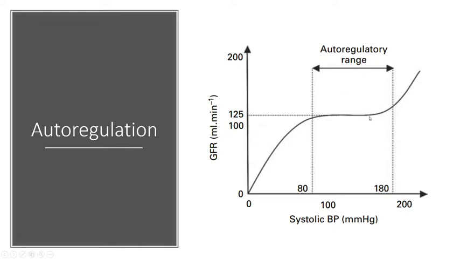So the little changes can be made by the kidneys themselves in terms of holding on to ions or getting rid of water, etc. If the GFR is swinging wildly up and down, it means that you have the potential of losing huge amounts of potassium or glucose or whatever,